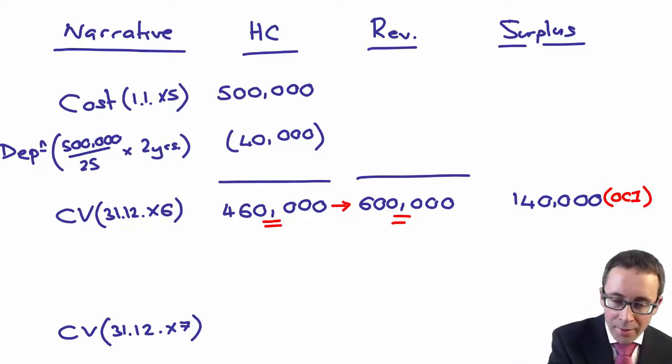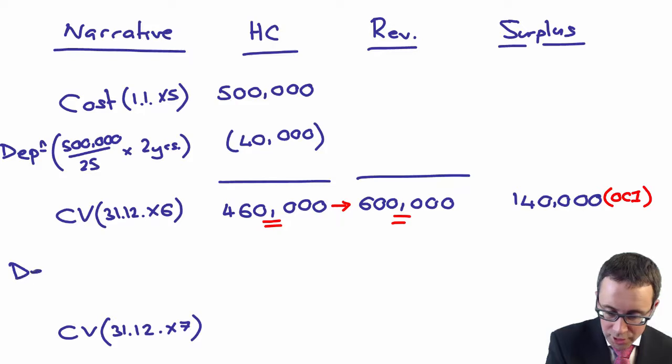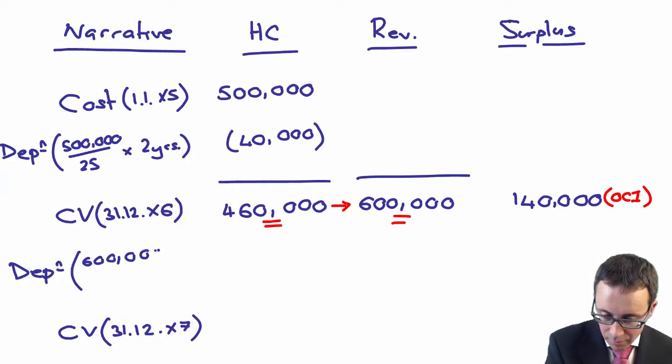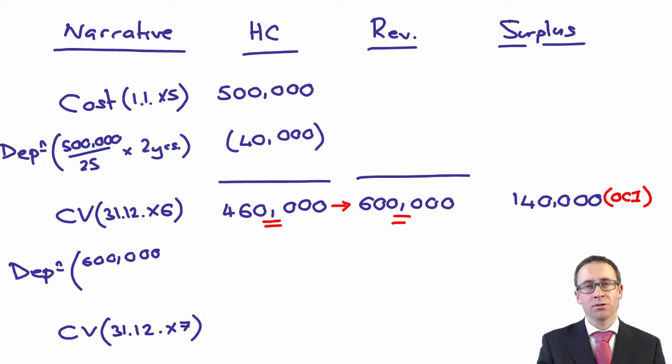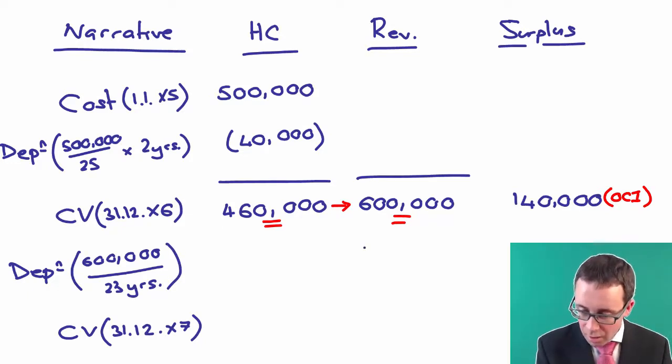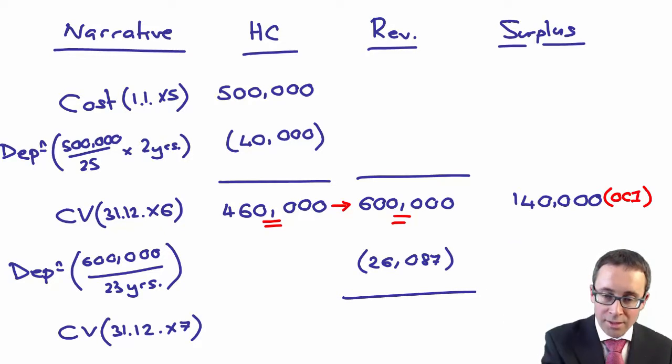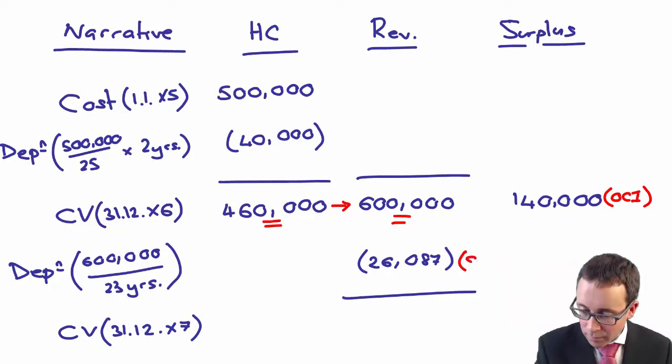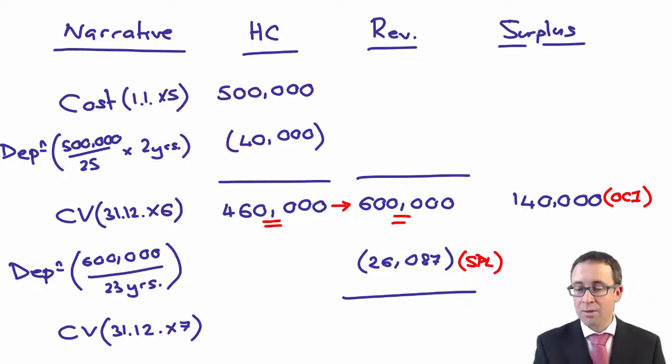So what you've got now, however, is to work out the depreciation for the current year. Is that the X7? So the revalued amount is now 600,000. Remember, we said 2 years have gone, so there's 23 years left. So that gives me a horrible number. Is that 26087? So that's the depreciation charge for the year, which goes there through the statement of profit or loss,